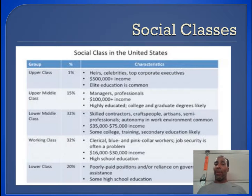You have heirs, meaning people who have had money passed down to them, in businesses as well. Celebrities, top corporate executives. They make $500,000 plus in income, and they have elite education in common, whether they went to school and that's why they made a lot of money, or they went to school and then their children were able to get a great education because they have a lot of money. Upper middle class is about 15% of America. So you have managers and professionals, about $100,000 plus in income, highly educated, college and graduate